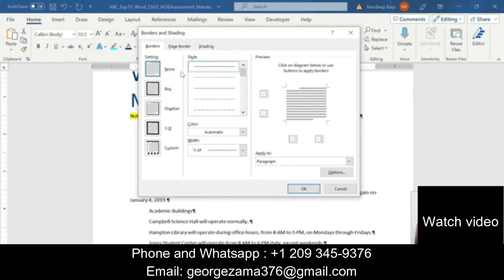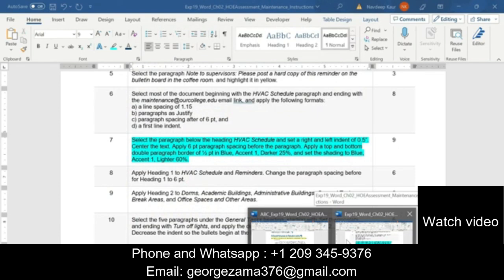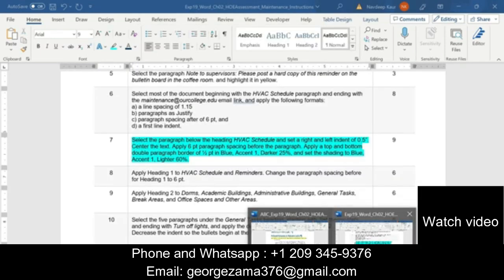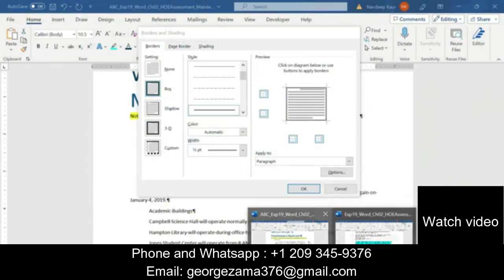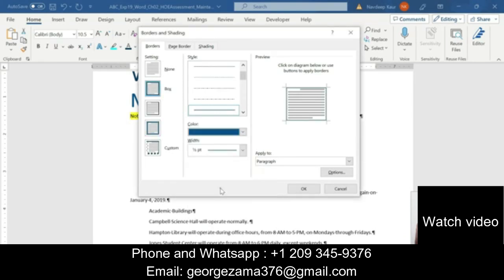So we will select the double from this one, because we are supposed to apply top and bottom paragraph border of 1/2 point. So it should be 1/2 point and color should be blue accent 1 darker 25%. So I will select blue accent 1, darker 25% from here. Blue accent 1 darker 25%.